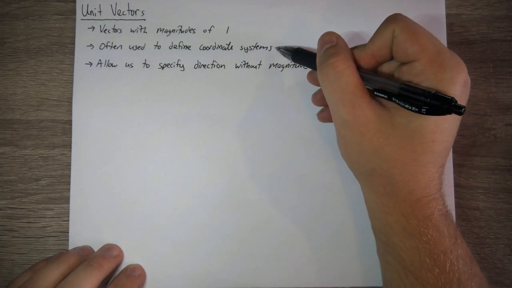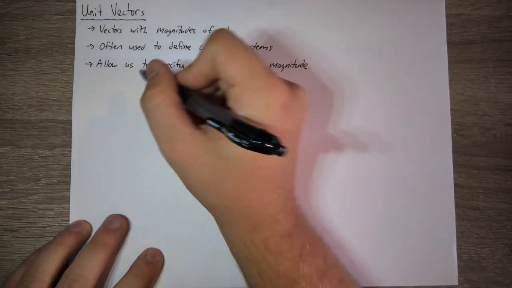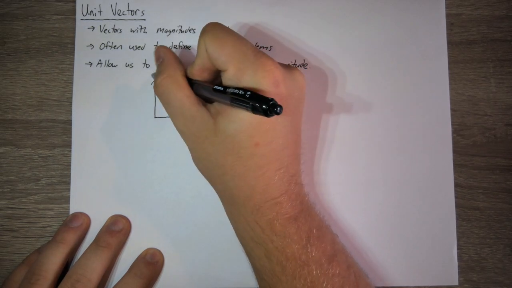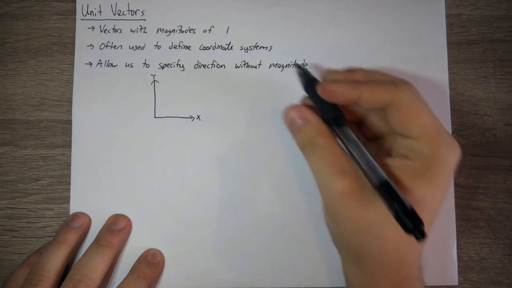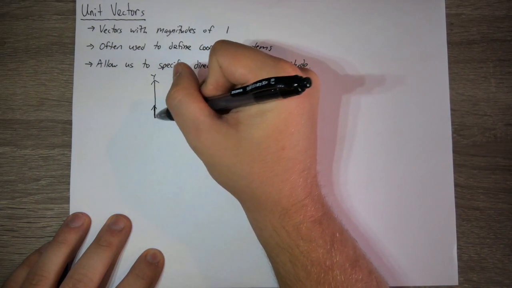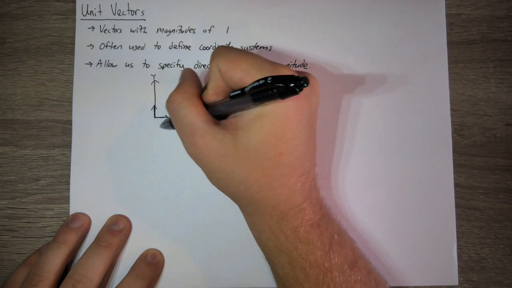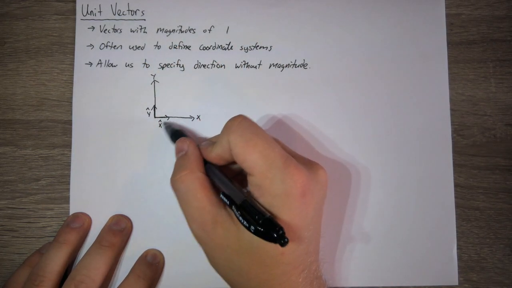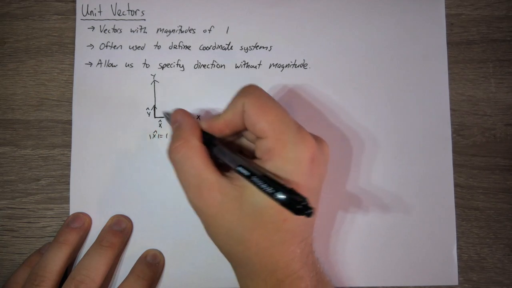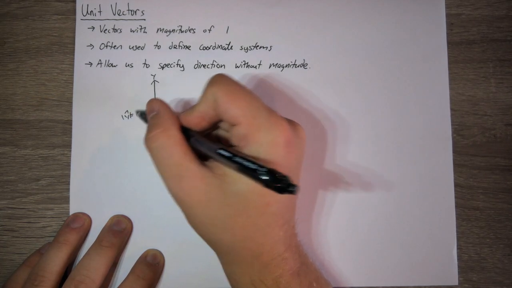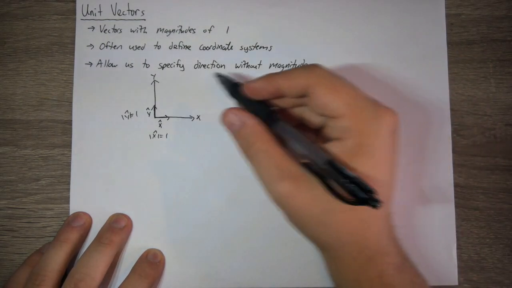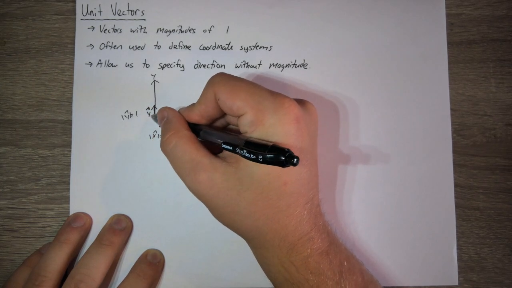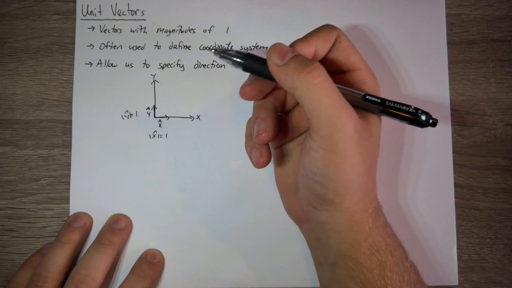Now, they're often used to define coordinate systems. So if I draw an xy coordinate system, we usually define a unit vector along the axes of that coordinate system. So x and y, like so. And these have magnitudes of 1, both of them. And so they're unit vectors. And this hat that you put above the vector is what denotes it as a